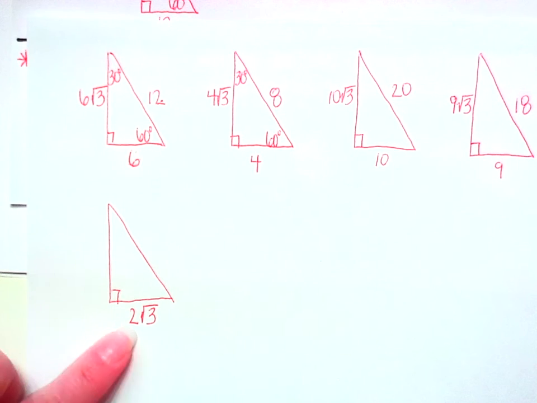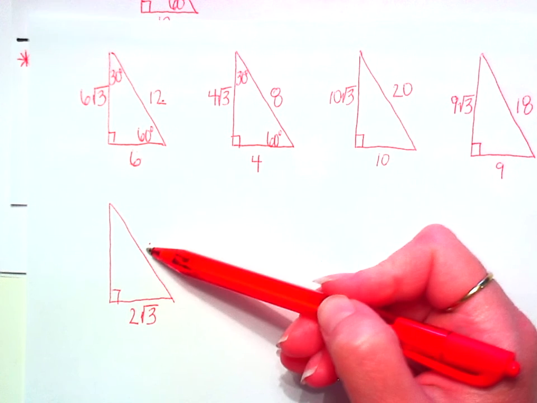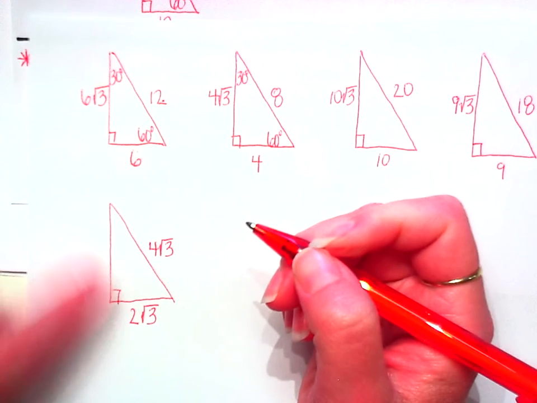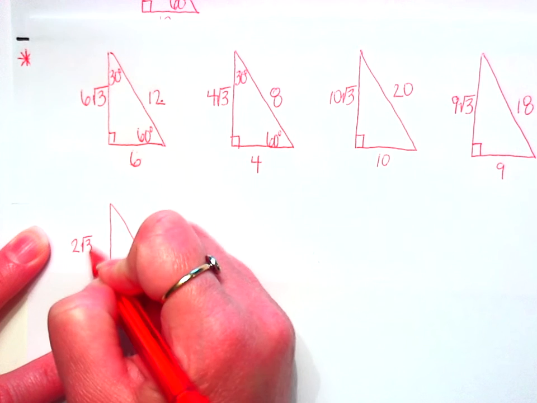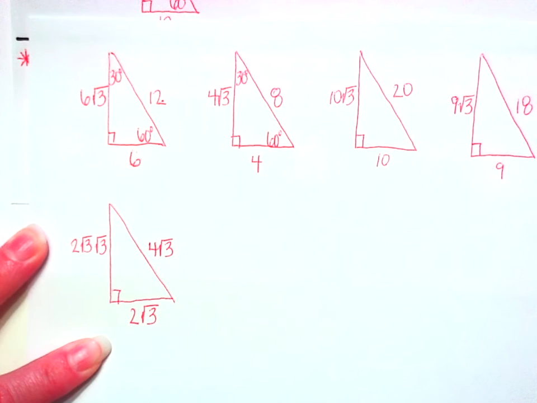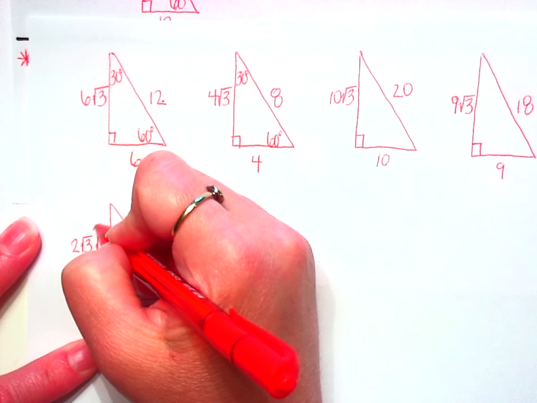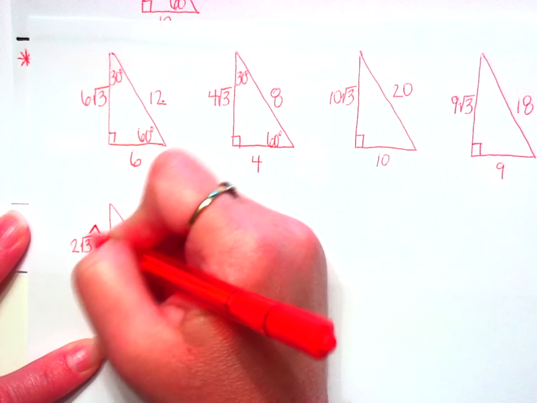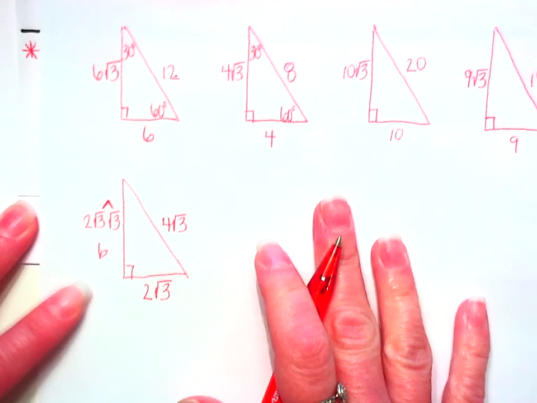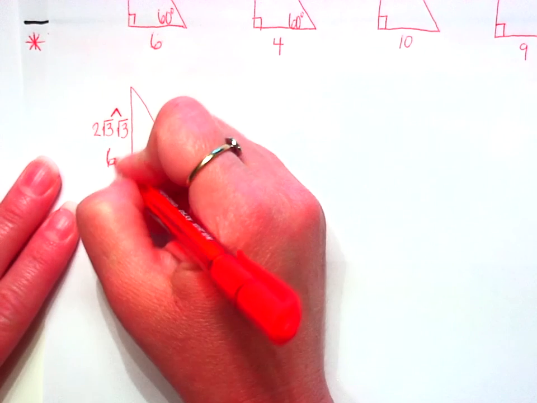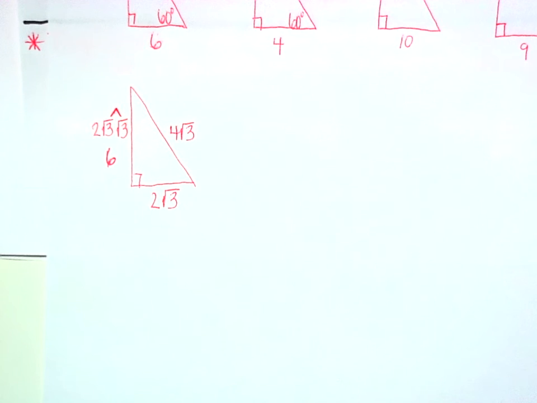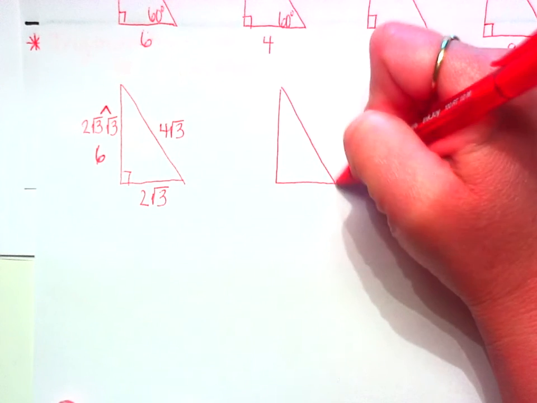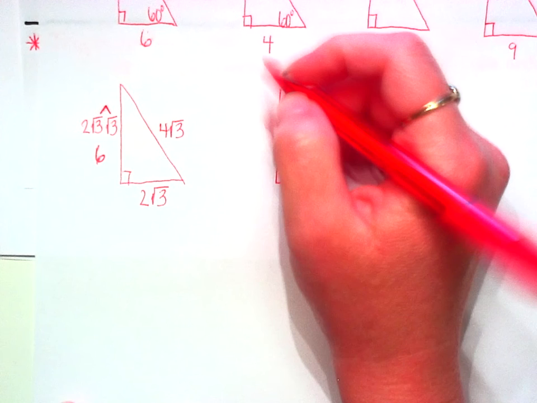So let's say that your n is 2 square root 3. Well, this side is supposed to be 2 times that, so it'll be 4 square root 3. And then this side is supposed to be n times the square root of 3. Okay, square root 3 times square root 3, that's just 3. 3 times 2 is 6. So you're going to end up with a whole number over here. It is 6. Okay, now the question is, how do you work backwards from that? So what if they give you a whole number here? So what if this is